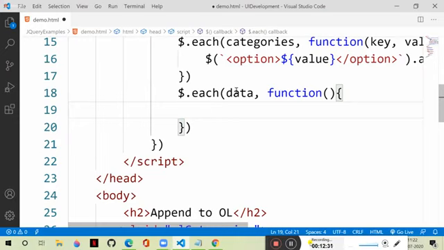Now key and value. Key is referring to the keys, the indexes 0, 1, 2. I don't want those indexes here. I will use value. But value is currently an object with name and price. So what will we do now? We will create